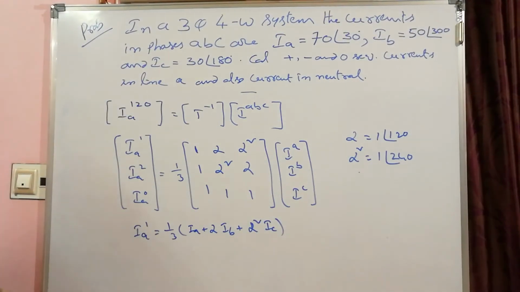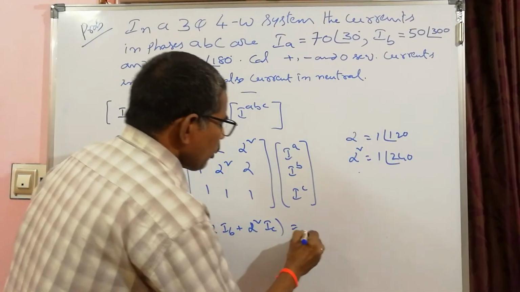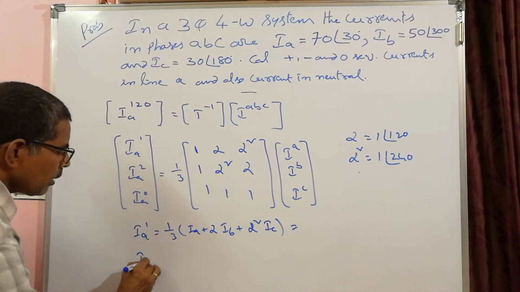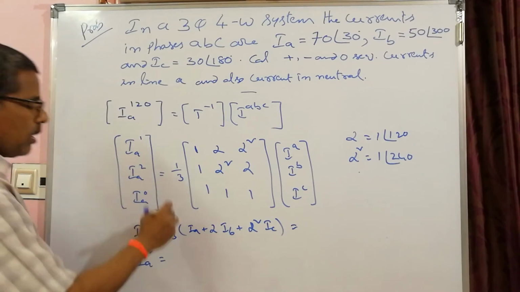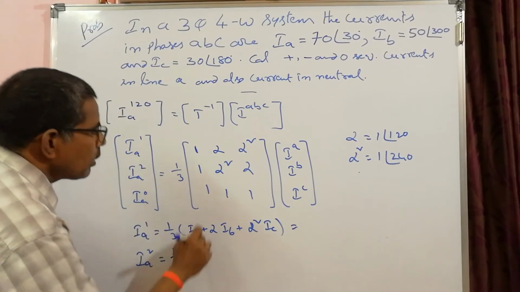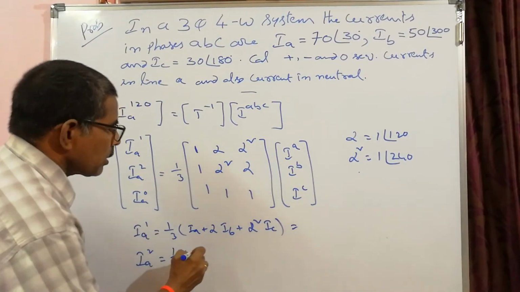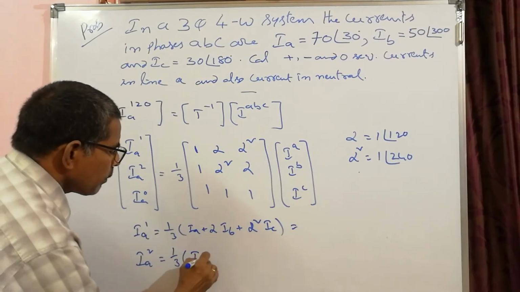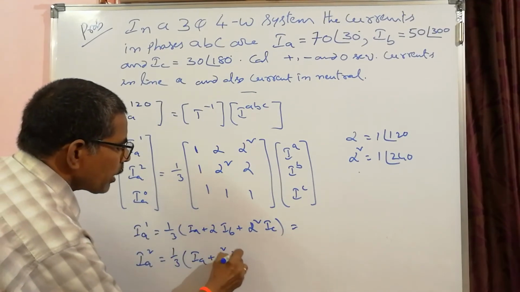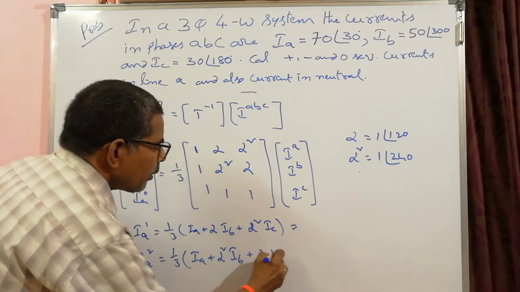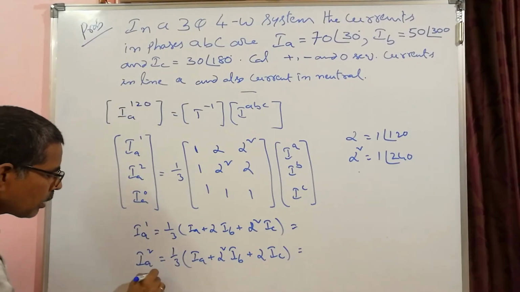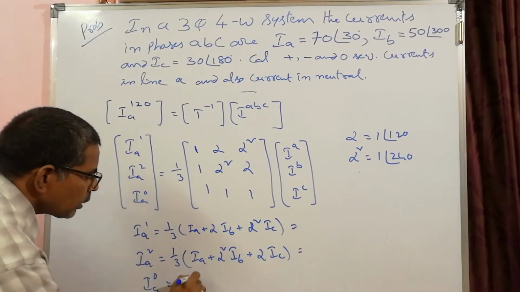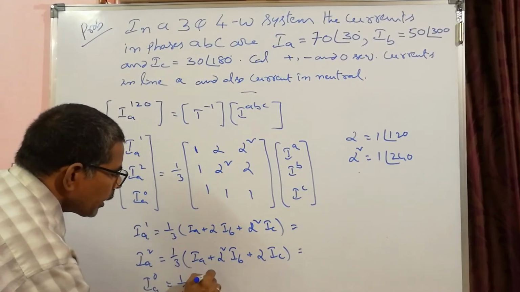Substitute and find out, that's all. Then IA2, the negative sequence component of phase A, is 1/3 of IA plus alpha square IB plus alpha IC, and IA0 is 1/3 of IA